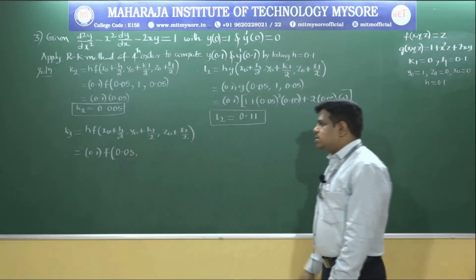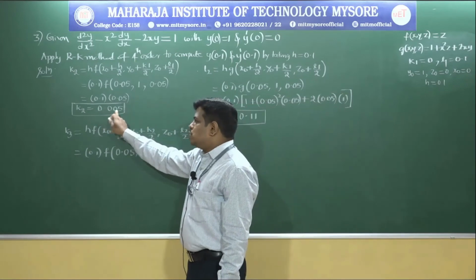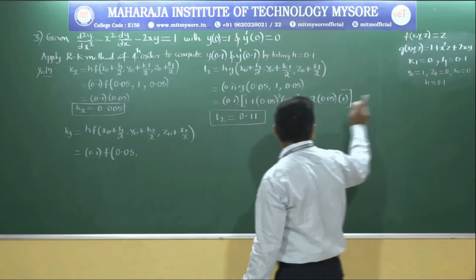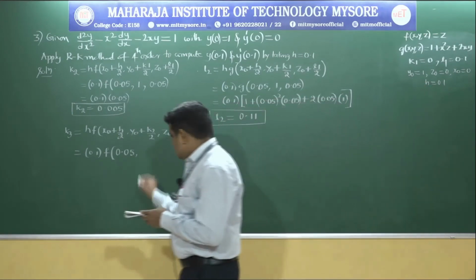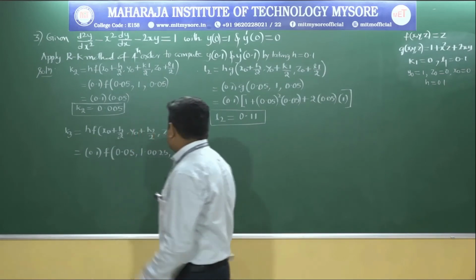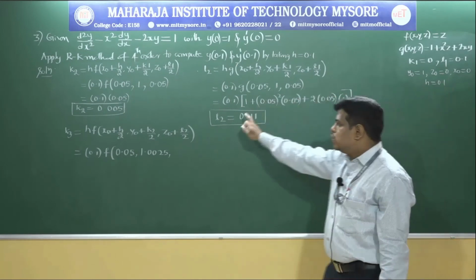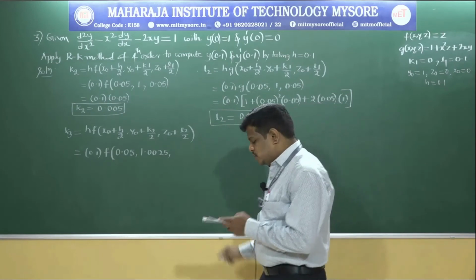Next, y naught plus k2 by 2, here k2 value is 0.005, 0.005 divided by 2, plus y naught value is 1, therefore we get as 1.0025. Next, z naught plus L2 by 2, z naught value is 0, L2 value is 0.11, 0.11 divided by 2 we get as